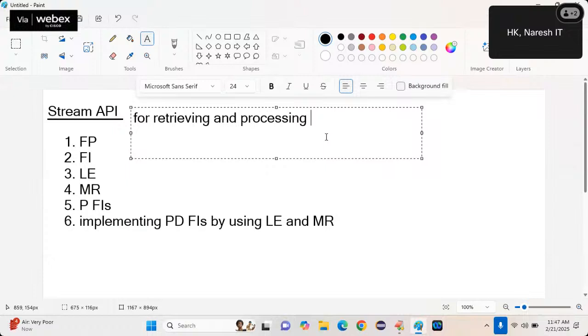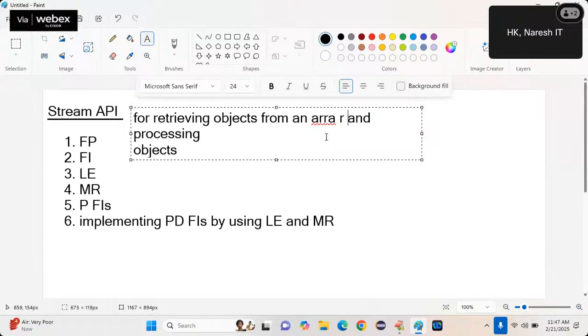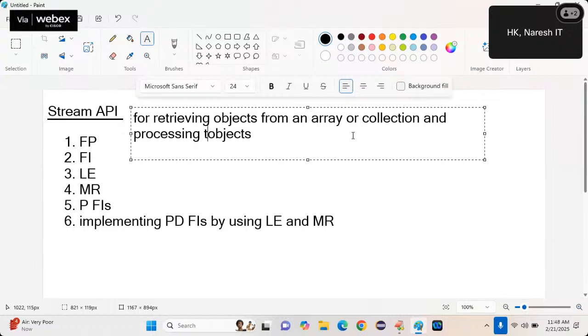For retrieving objects from an array or collection and processing those objects by applying aggregate functions.